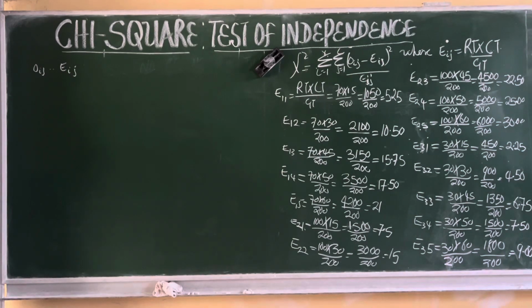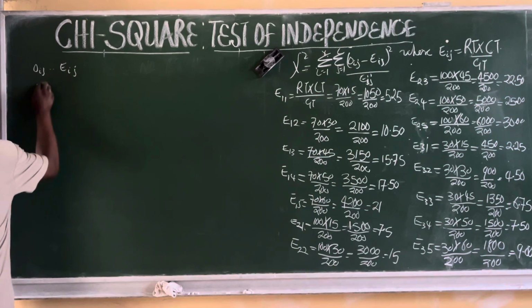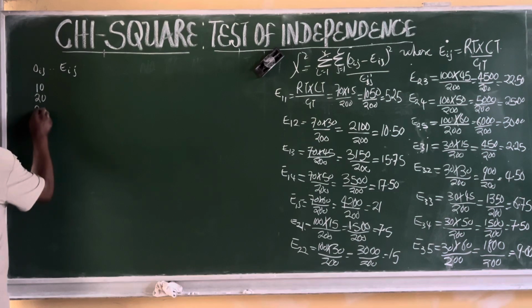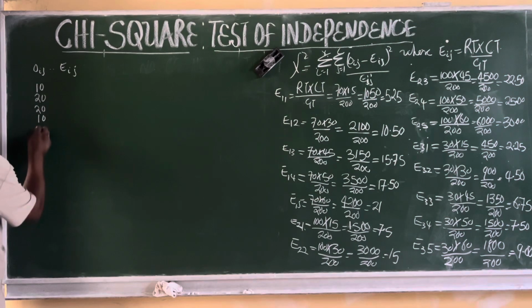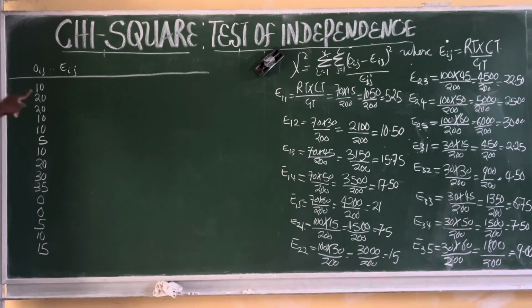The observed values. Just count them for me. Follow the column. 20. Along the rows, we have 10, 20, 20, 10, 20. And at the second row, we have 5, 15, 20, 20, 35. And along the third row, we have 0, 0, 5, 10, 15. And so the values we computed as the expected values are